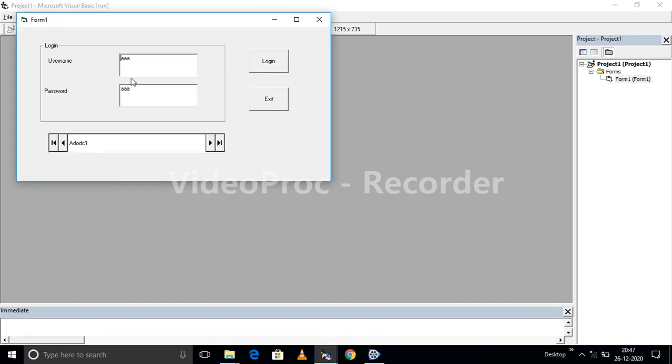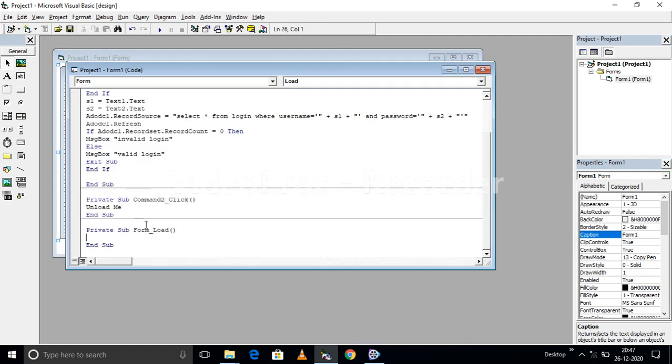When I am executing, here automatically you can see all the values in the database table, all the usernames and passwords, are appearing automatically. Okay, but as per our requirement, these things should be given by the user as the input. So whenever I'm clicking on execute, the values which are already there should not be displayed. Now to do so, I'll double click on form load. Now here in the form load code window, you have to write text1.text equals to blank and text2.text equals to blank.